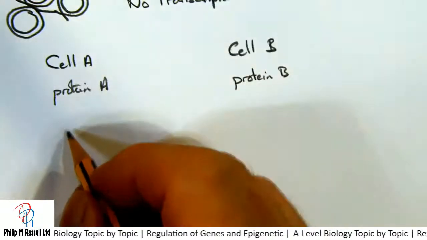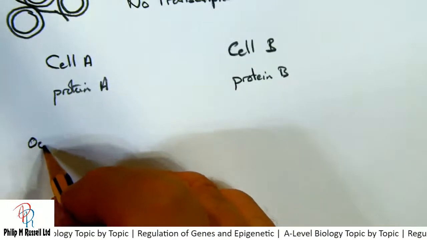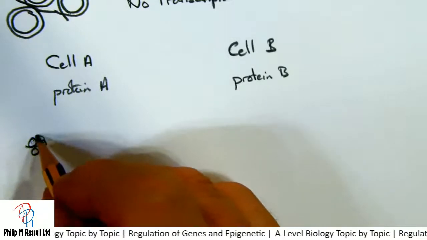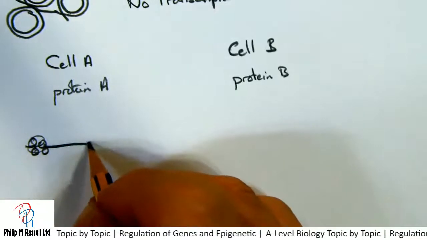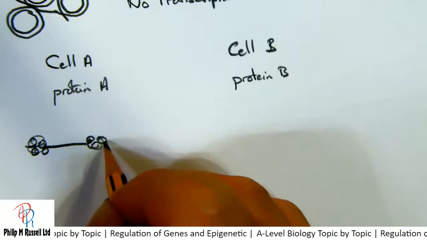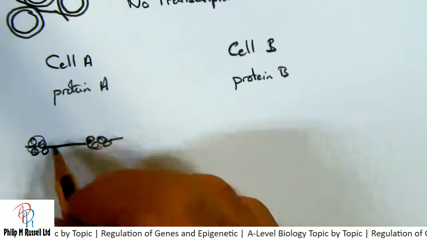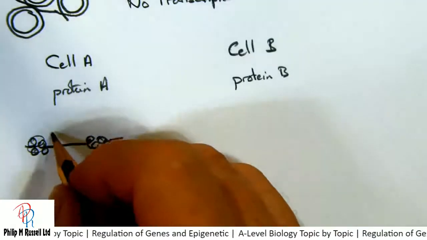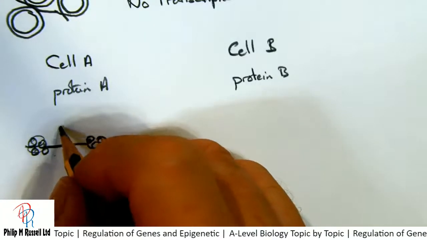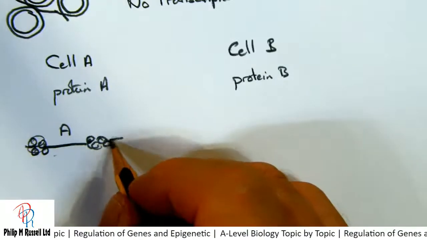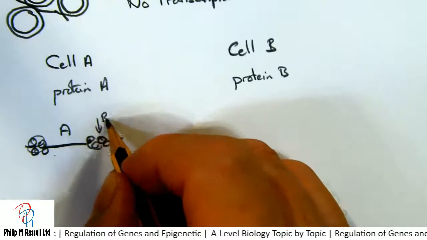And if we know that it's here, then we have our piece of DNA that goes around there, a clear bit, and then it's covered in histones, and this is the site for protein A, and protein B is locked away,